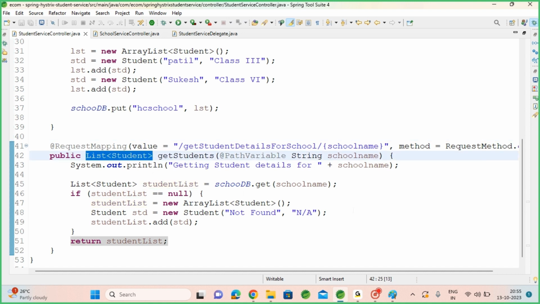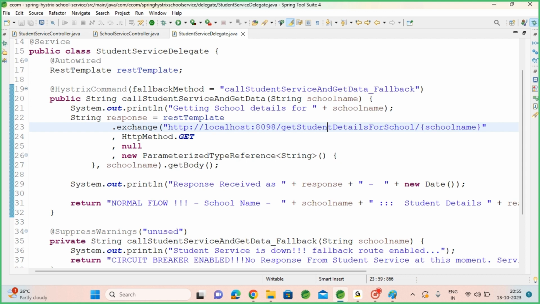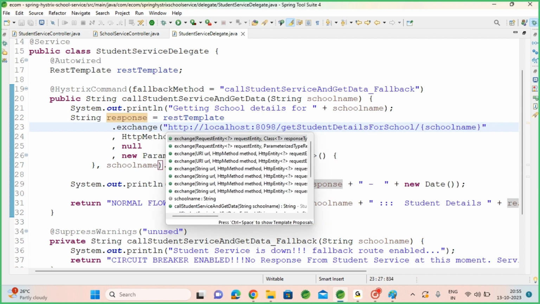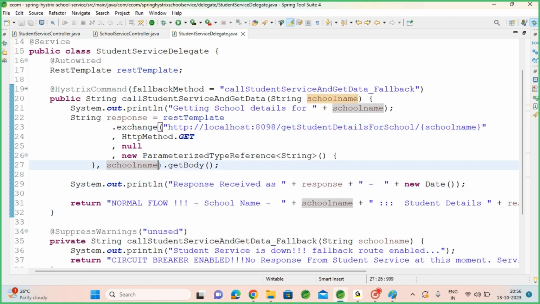List as response it needs to get there. We'll see. Maybe as a JSON they are bringing it here, or else in the exchange method, the class response type also we can put after entity, right? We can put this. So here, if you want to get it into a list, you can mention that list here,